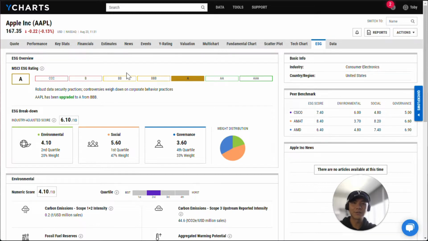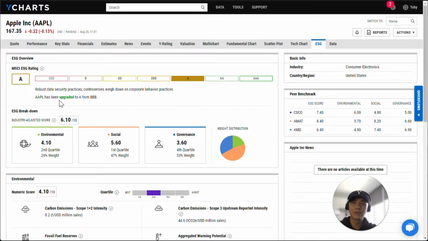The first half shows you the ESG rating, and the second half shows you the ESG scoring breakdown. There are different color gradients here for the different rating levels to give you a sense of how good or bad a certain rating is. Then we have the two one-liners here. The first one provides you with some context around a company's given rating, and the second one tells you the rating's